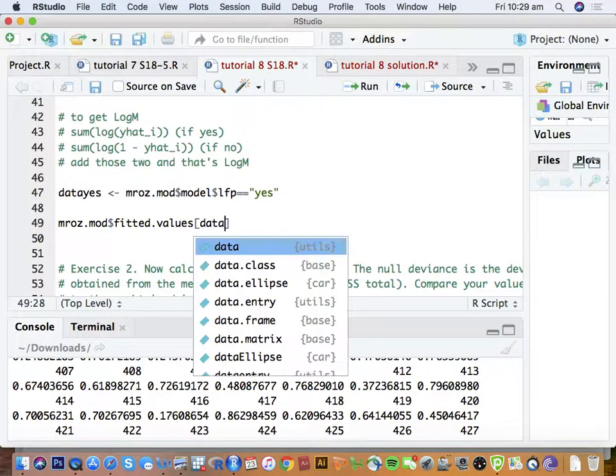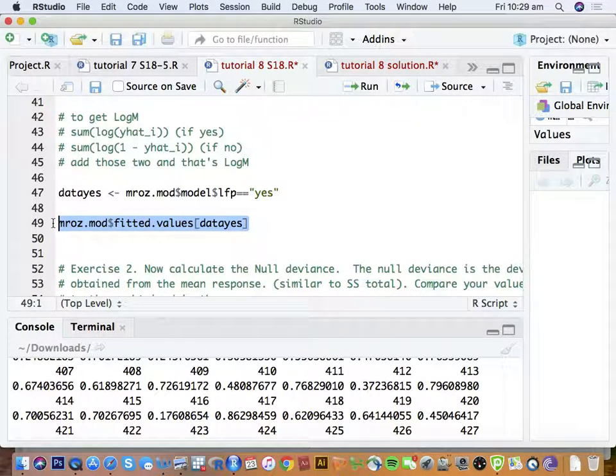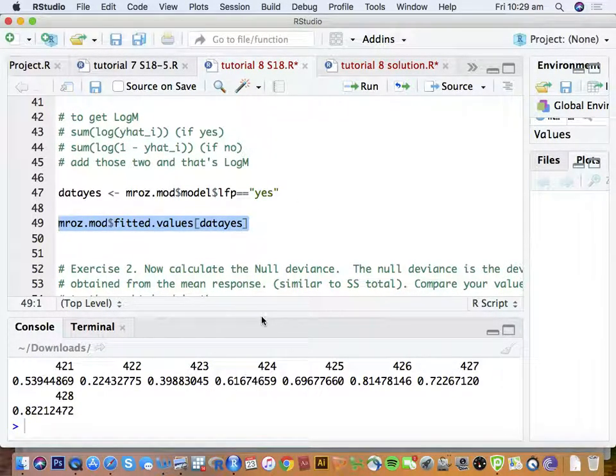Index by data yes, exactly. So now instead of getting the full set of them, we're just taking those where the data was yes. How do we take their logs? Just log, and then put that inside the log. And how do we take the sum of it? Sum. Very intuitive. Okay, so let's call this sum yes